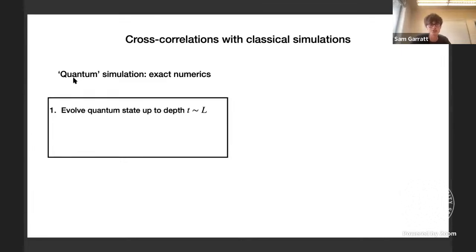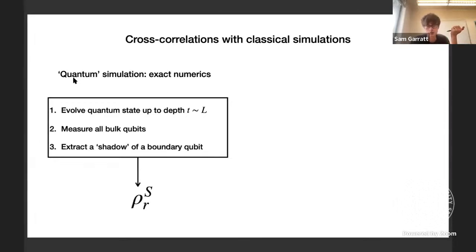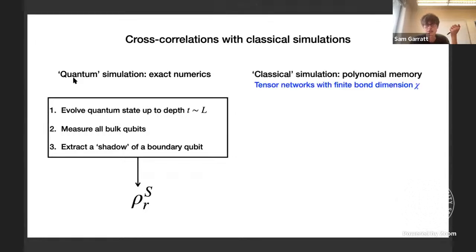So the quantum simulation will be exact numerics. We evolve the quantum state up to a time that's of order the system size. We measure all of the bulk qubits, and then we're going to extract a shadow of a boundary qubit. The classical simulation, on the other hand, I'm going to demand uses only polynomial classical memory. On the classical side, in my classical simulation,